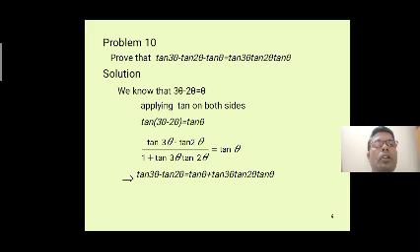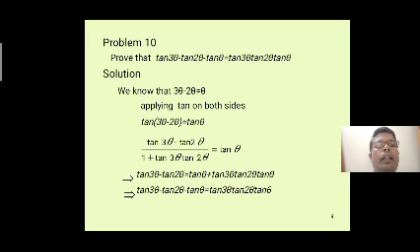Now we do the cross multiplication. We write tan 3 theta minus tan 2 theta is equal to tan theta plus tan 3 theta into tan 2 theta into tan theta. Now the tan theta on the right side, we write on the left side, that will be negative, so we write minus tan theta. That is equal to tan 3 theta into tan 2 theta into tan theta.